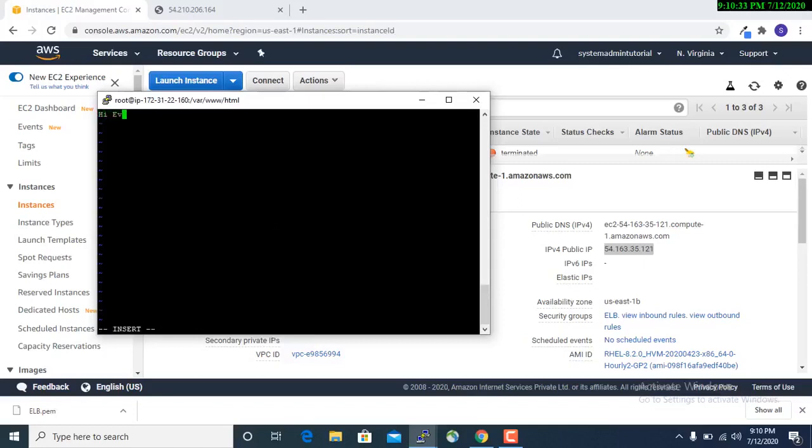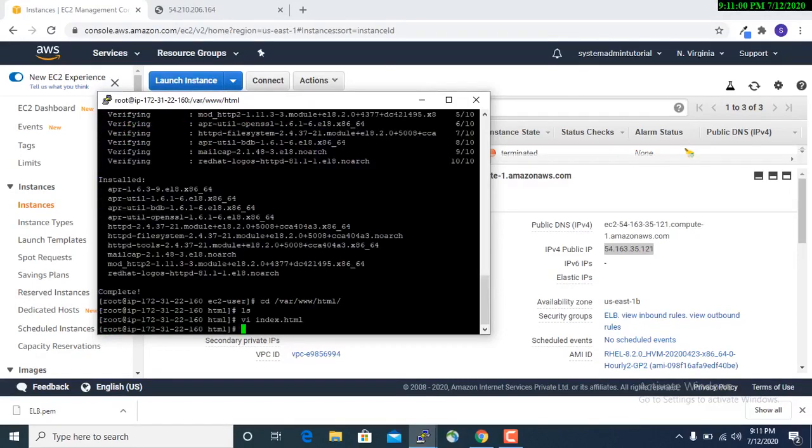You see my directory is there, /var/www/html, and there are no files available. By listing I can see that, so I have to create an index.html. Always you have to create an .html file, so inside that we have to put our web page, or we have to put our HTML code. Now I am writing something inside that HTML file, index.html. Hi everyone, this is server 2. This is server 2 of my system admin tutorial.